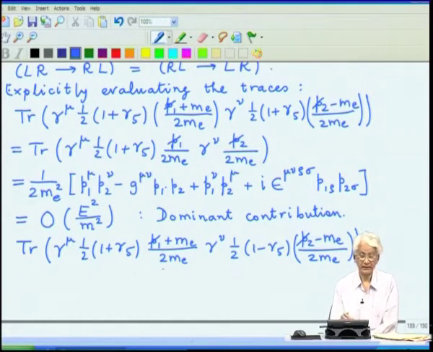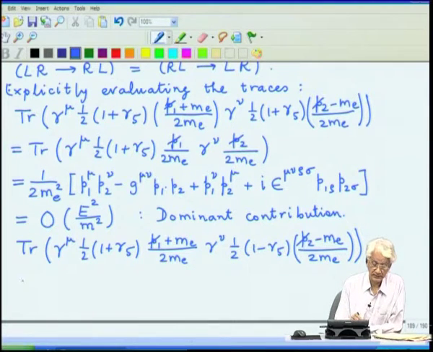And now, when commuting this 1 plus gamma 5 factors through the gamma matrices, a different combination from the propagators survives. The mass term does contribute, but the p slash part produces combinations of 1 plus gamma 5 and 1 minus gamma 5, which annihilate each other. So, that result is